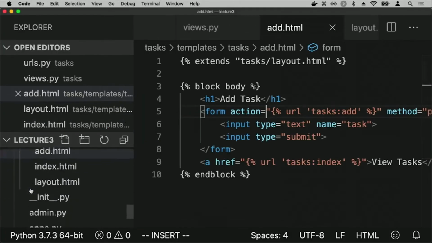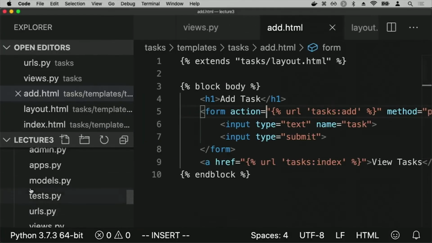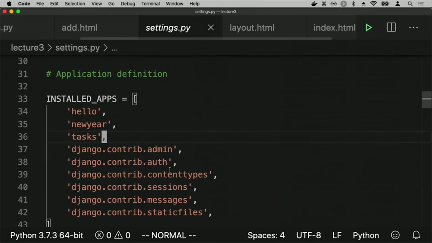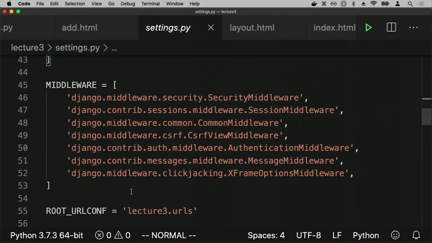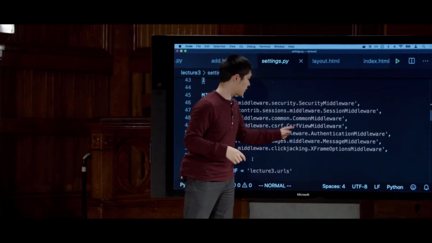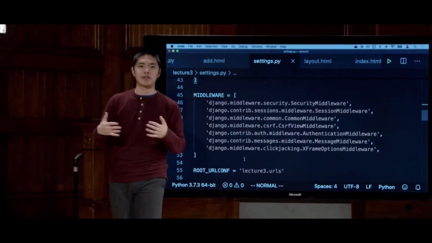And it just so happens that Django has CSRF validation turned on by default. And it's done so via a specific add-on known as Django middleware. Middleware refers to the ability in Django to sort of intervene in the request-response processing of a Django request. And if I look at the settings.py file, if you're curious, for this particular web application, inside of settings.py, if we scroll down, we see there's a whole bunch of middleware that's installed by default inside of a Django application in terms of making sure that we have various different features hooked into this request-response processing. And one of those is the CSRF view middleware,